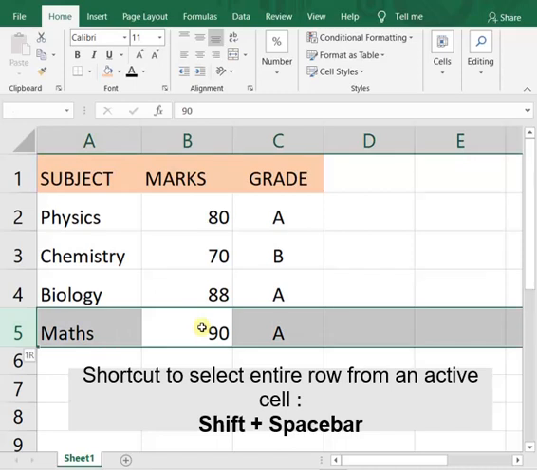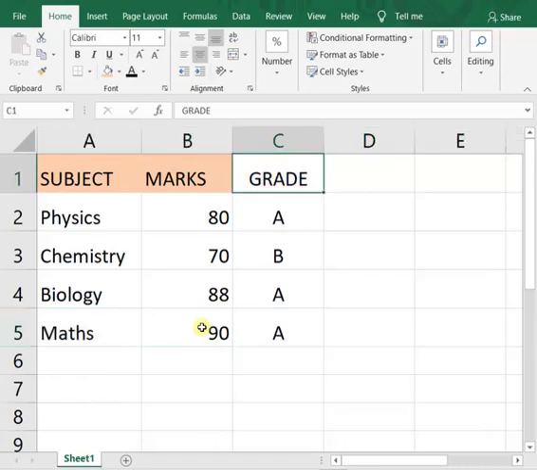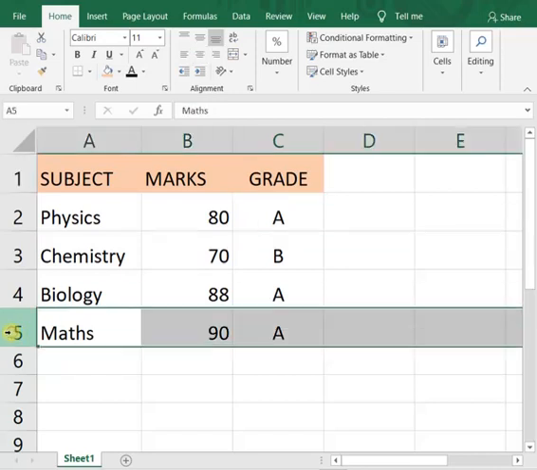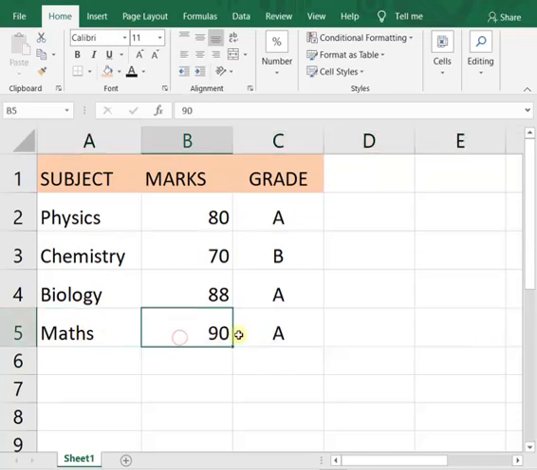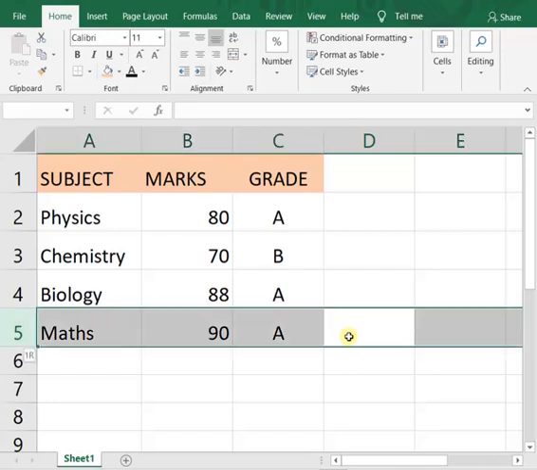The whole row will be selected. This can also be done by selecting the row header from here, which will also select the whole row. Or if you are present in a particular cell of that row, from there also you can select the complete row by pressing Shift along with the spacebar.